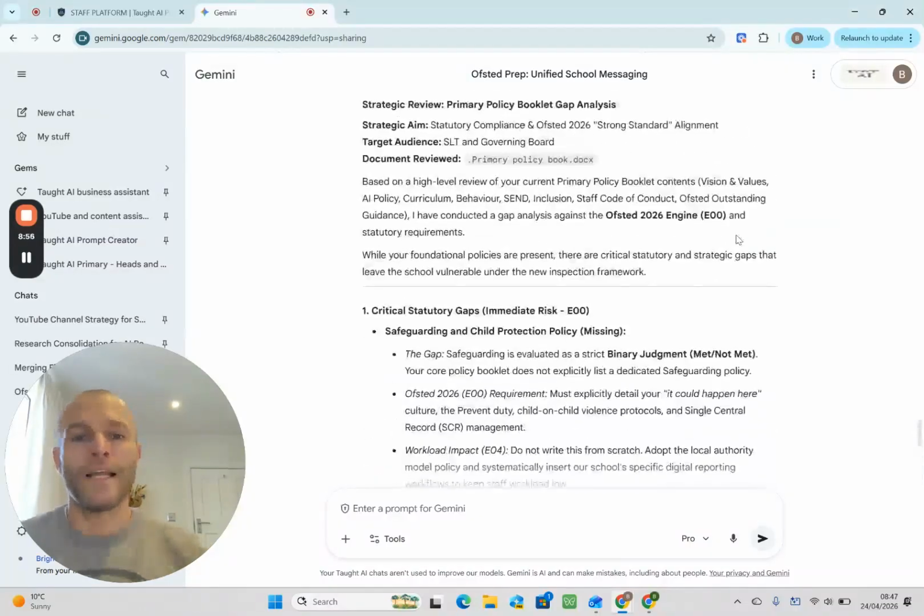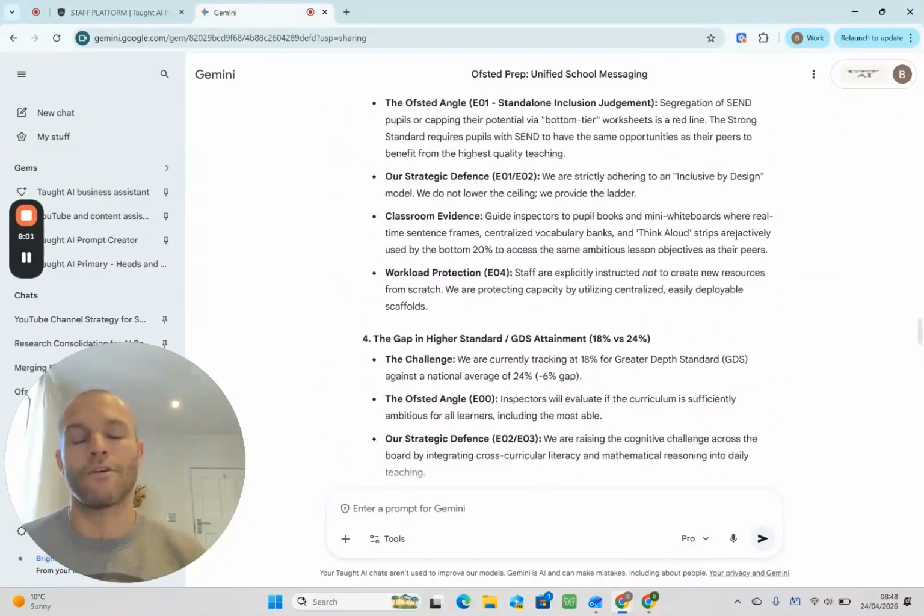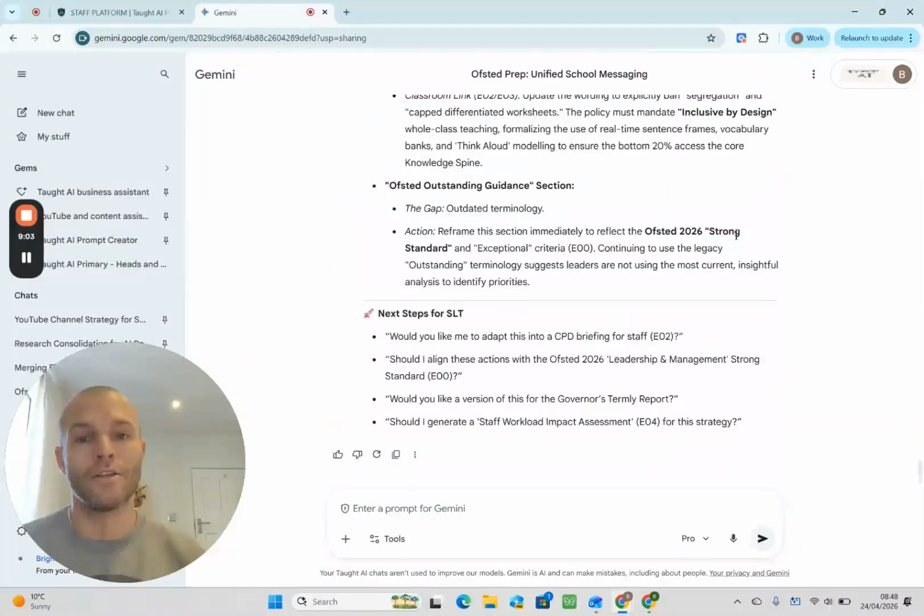So I hope you find that a little bit useful. There's going to be more deeper dives, much more long form content on how you actually build the tool that does this. But right now, I think it's really good for people to know what's actually available and what you can achieve really easily just using Gemini.